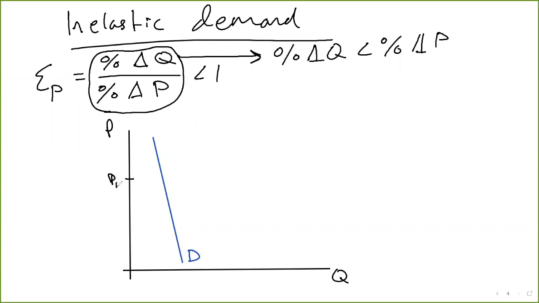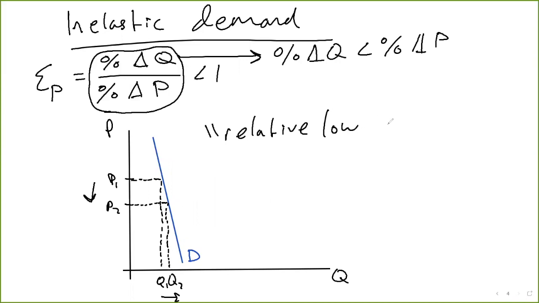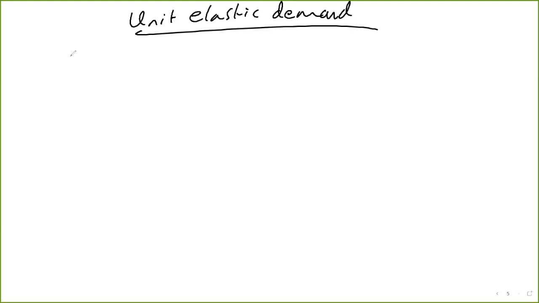And let's pick a price, P1, find the corresponding quantity demanded, and then let's change price to P2. And you can see there's very little change in quantity demanded. And if we were going to describe consumers with inelastic demand, we would say they have relatively low price sensitivity. Next, we have unit elastic demand,